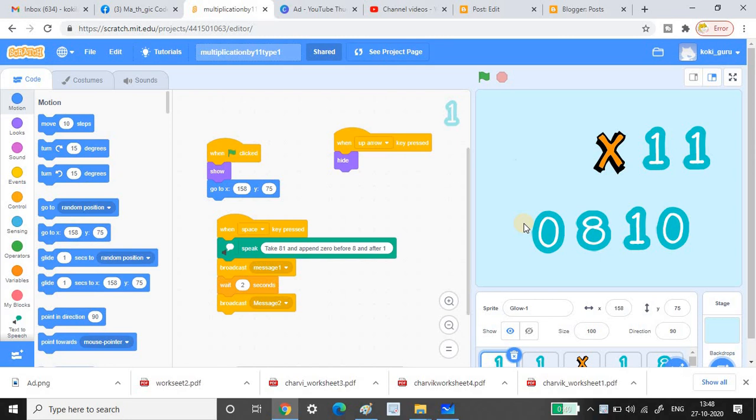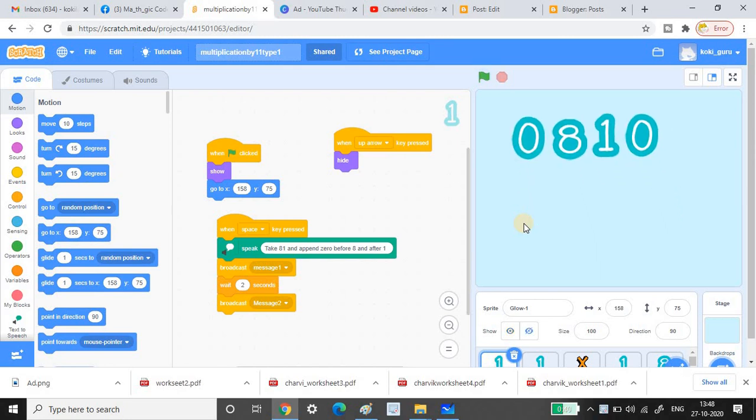Next, let us take this 8100 and pair the digits up. I click the up arrow and it goes up. You have to pair these numbers, and for that I click on A. A means answer: pair the numbers from right to left and write the answer.